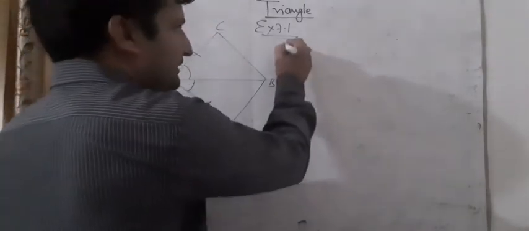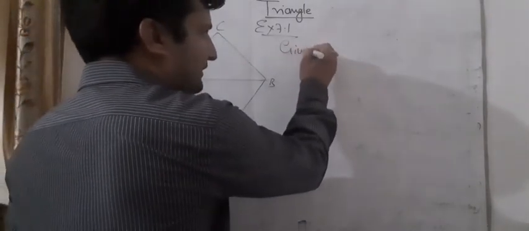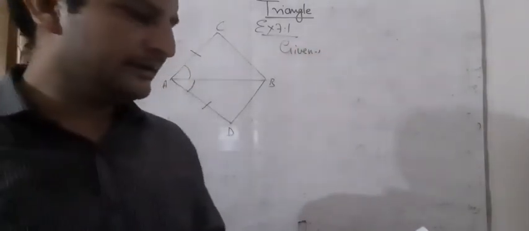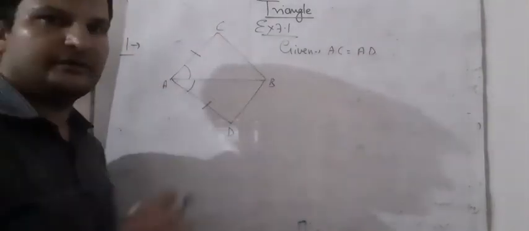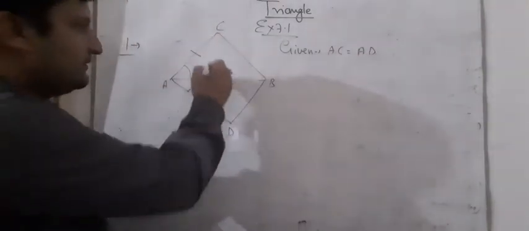हमें क्या लिखना पड़ेगा? गिवन. आपको क्या दिया हुआ है? गिवन. स्टूडेंट, गिवन दैट AC इज इक्वल टू AD. यू कैन सी इन योर बुक ऑल्सो AC इज इक्वल टू AD. इस फिगर में क्या दिया हुआ है आपको? AC क्या है? AD के इक्वल दिया हुआ है. दीज आर इक्वल साइन. एंड